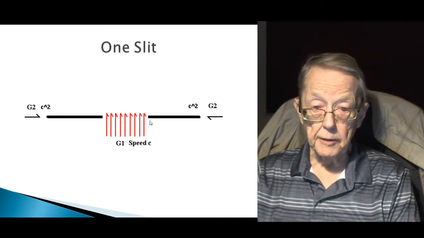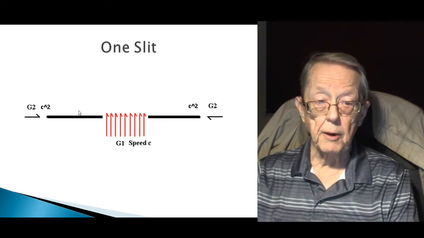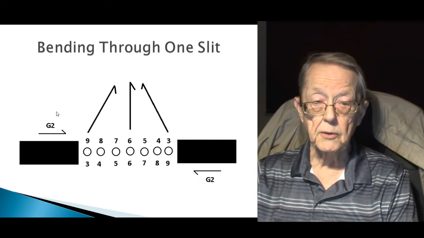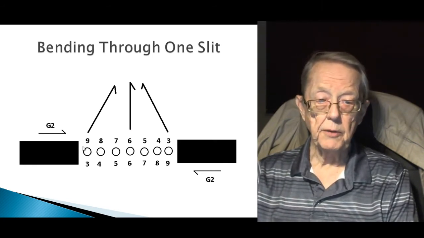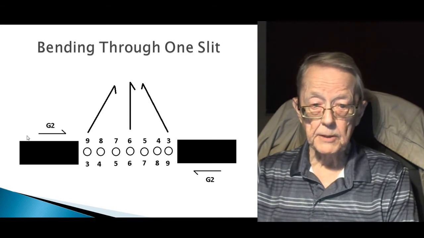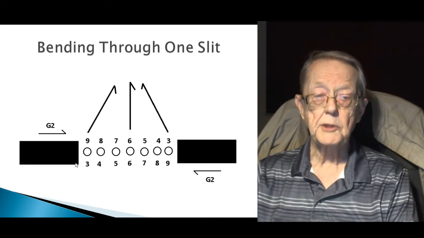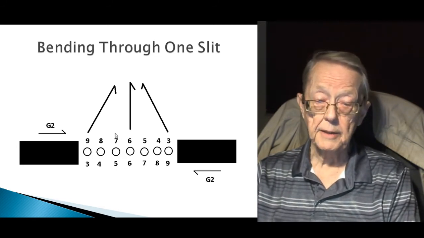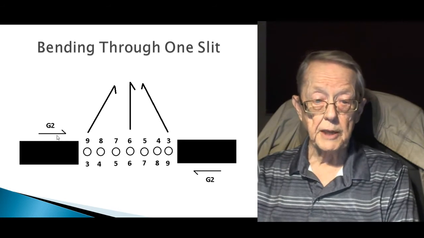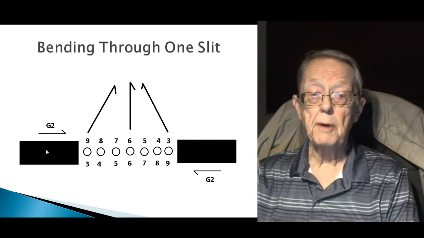So we're going to consider those stationary and the G2 particles going through the screen very slowly. Here are 7 streams going through a slit with the G2 particles coming this way and G2 particles coming this way. Now I've rigged this up, which says that although there may be a large number of G2 particles coming